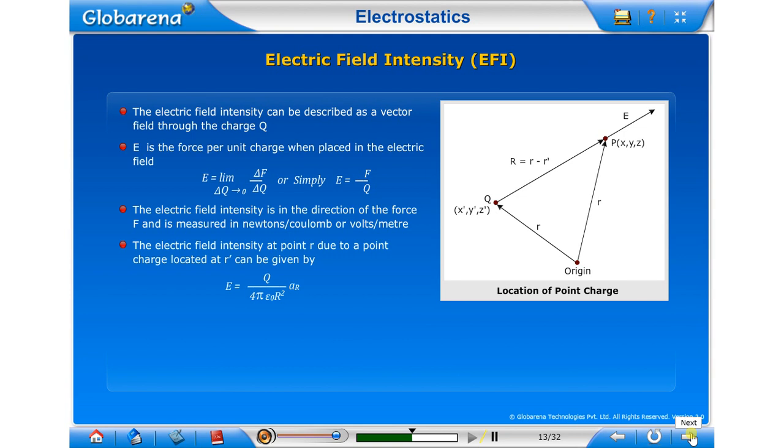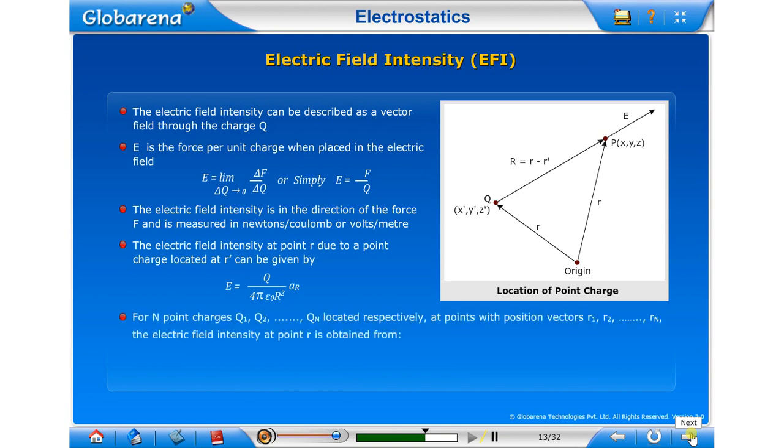The electric field intensity at point R due to a point charge located at R' can be given by the following. For n point charges Q1, Q2 till Qn located respectively at points with position vectors r1, r2 till rn, the electric field intensity at point R is obtained from